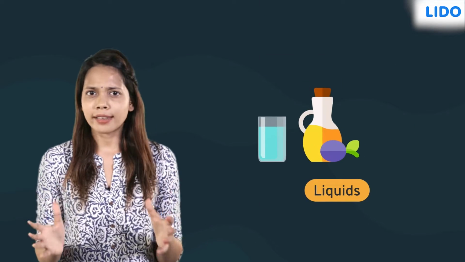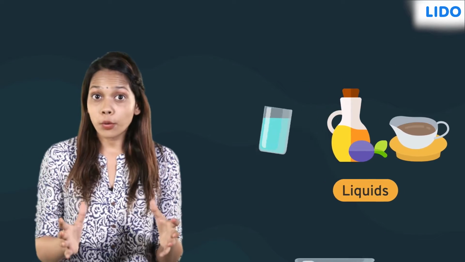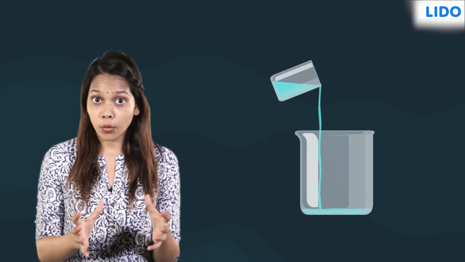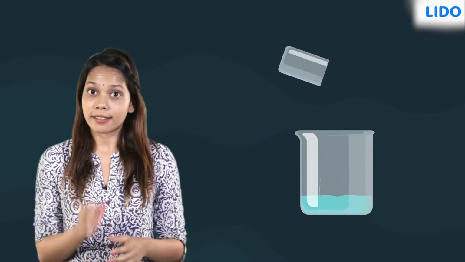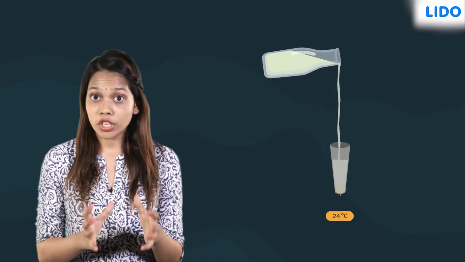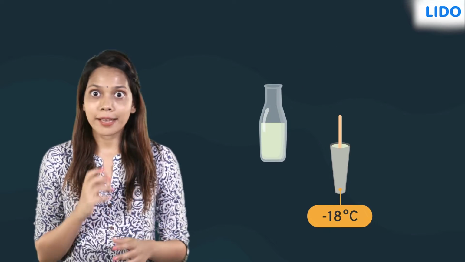Liquids, on the other hand, are more groovy. They flow from high altitude to low and take the shape of the container that they are kept in. When we fill an ice cream mold with flavored milk, the milk takes the shape, and after freezing it, it becomes a candy of that shape.